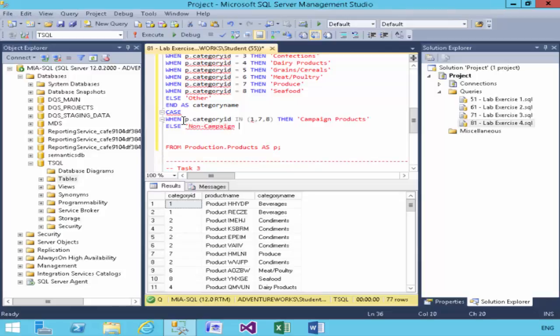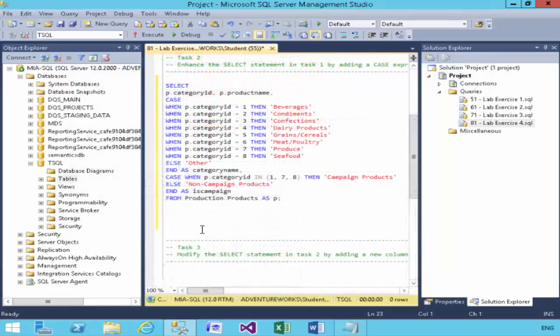We have to make a slight alteration here. Because we're running 2 select case statements, you will need a comma after the first end as, at the end of the first case statement, to say there's another one still to be read and parsed before we reach the from section of the query.